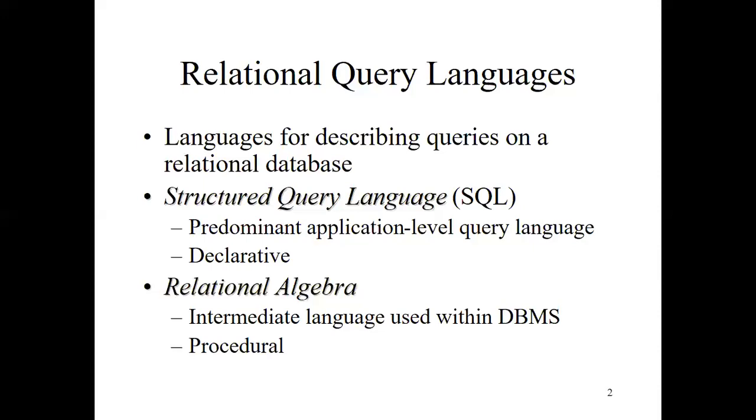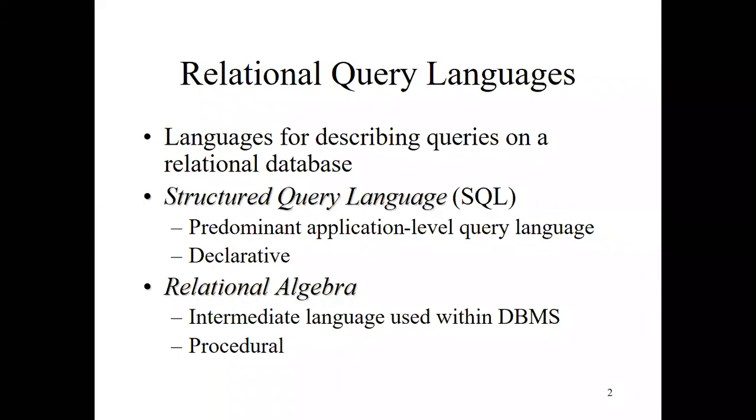Okay. So procedural means it will tell what data needs to be retrieved. Relational algebra is a procedural query language. Why is it a procedural query language? It will give step-by-step instructions on how the data needs to be accessed. That is procedural. So remember that procedural means it will tell what data has to be accessed and how it has to be accessed.